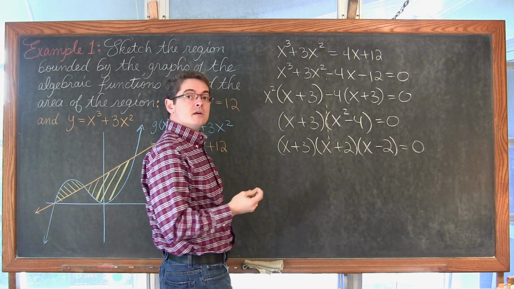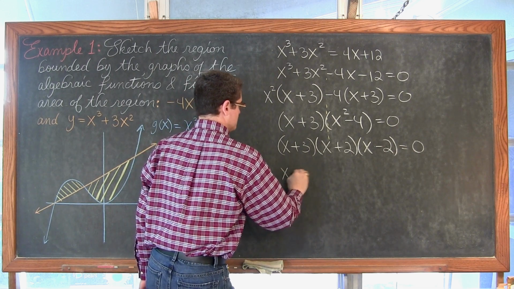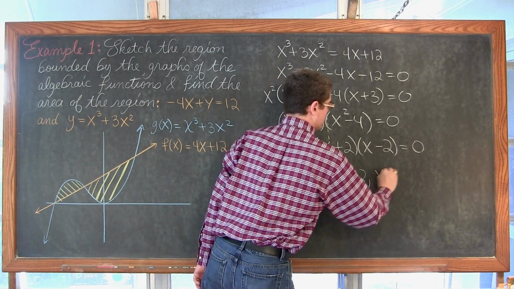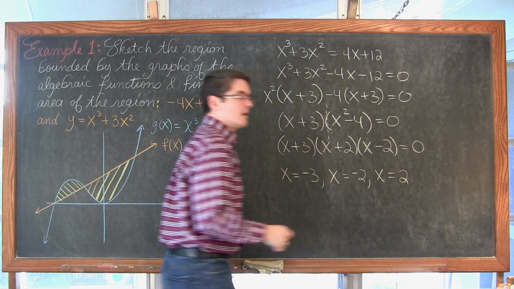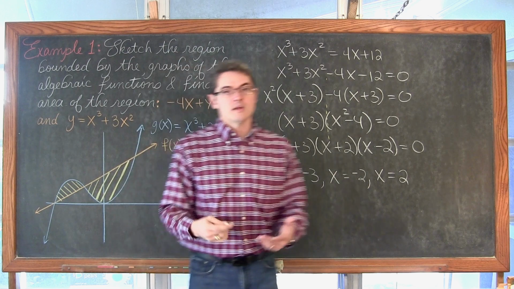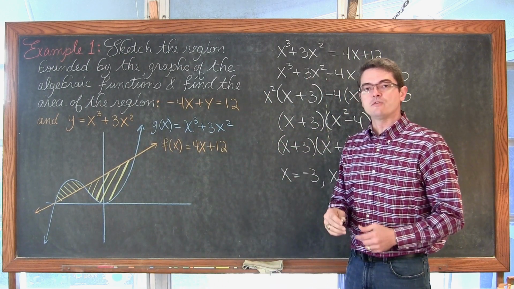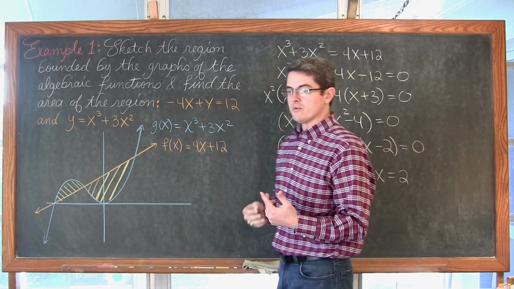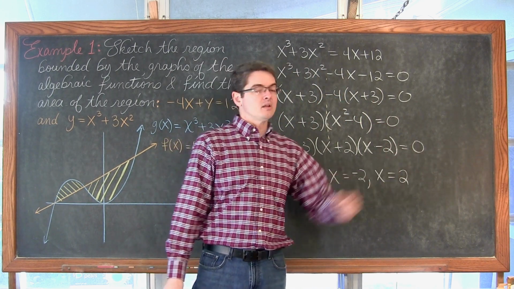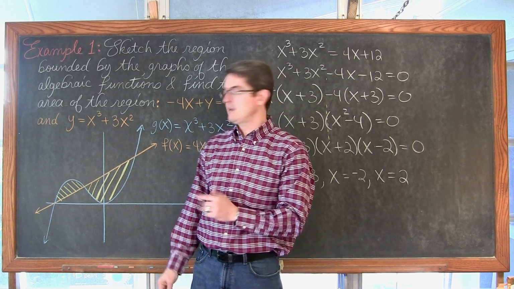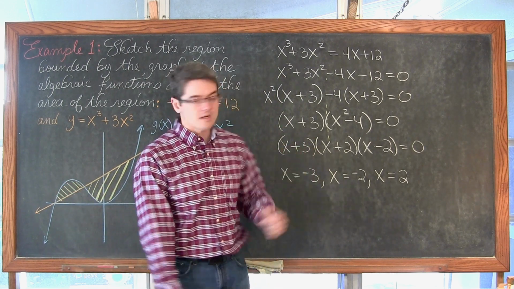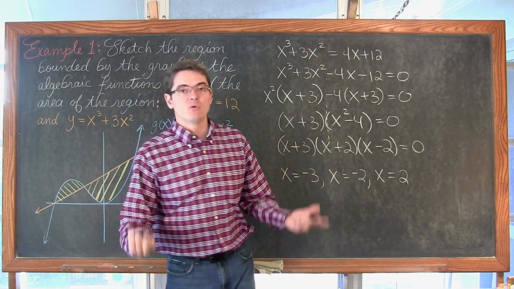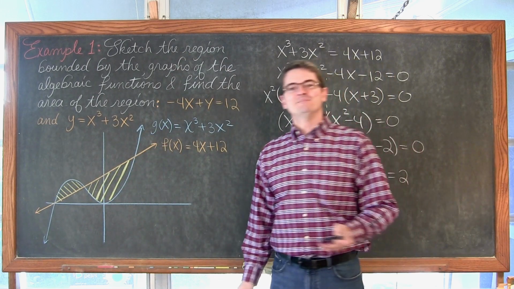And that's going to give us zeros of x is equal to negative 3, x is equal to negative 2, and then x is equal to positive 2. And since we are going to find the area bound by these two functions using vertical representative rectangles, this is all we need to set up the lower and upper limits of those definite integrals. But as I move out of the screen and clean all this up, I will go ahead and give us those full coordinates of those points just to let you know what they are.